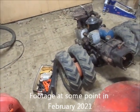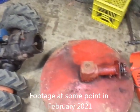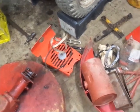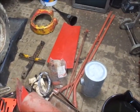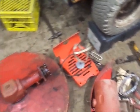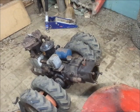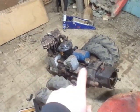Alrighty guys, so I figured I'd do a short opener to this project anyhow. As you can see, I've got a bunch of parts strewn across here, and this tractor is not actually mine. This is for a guy that got a hold of me. His dad took this tractor apart. He's thinking it's a 52 or 53L is what they were telling me, and the fact that it has a